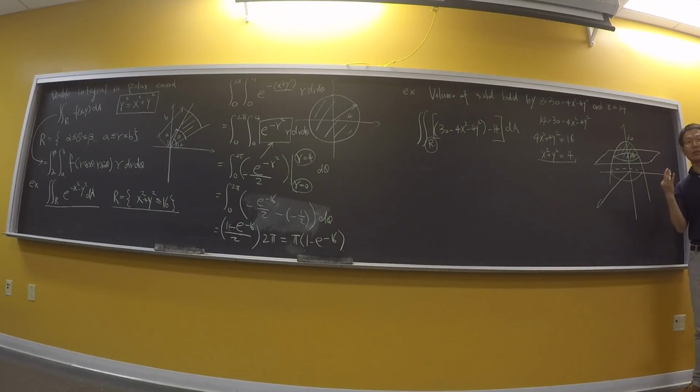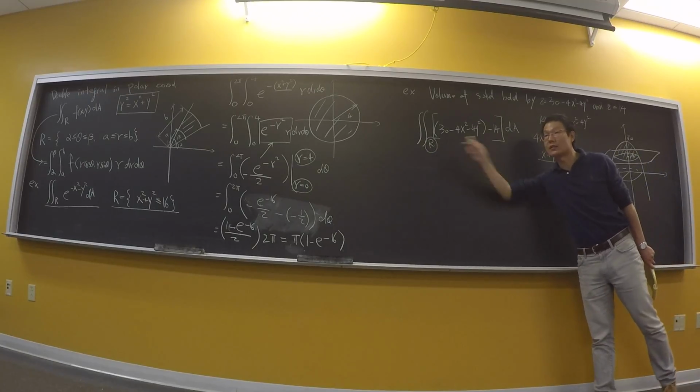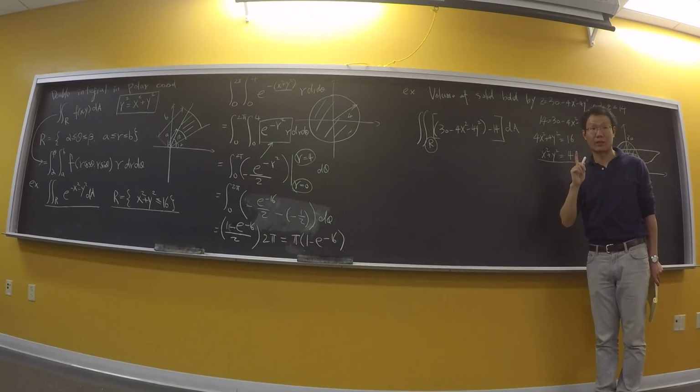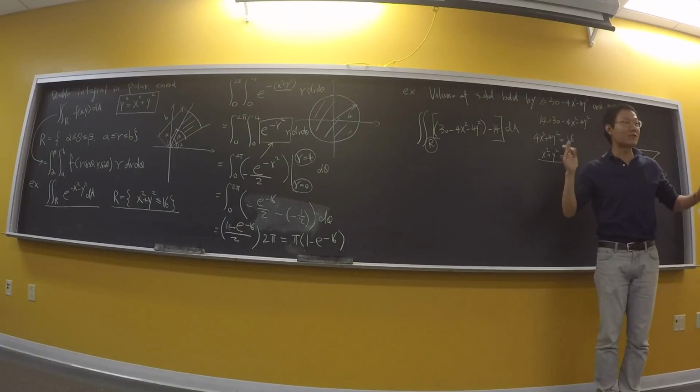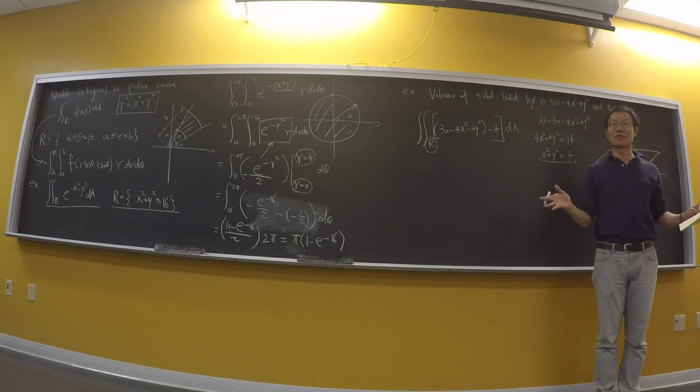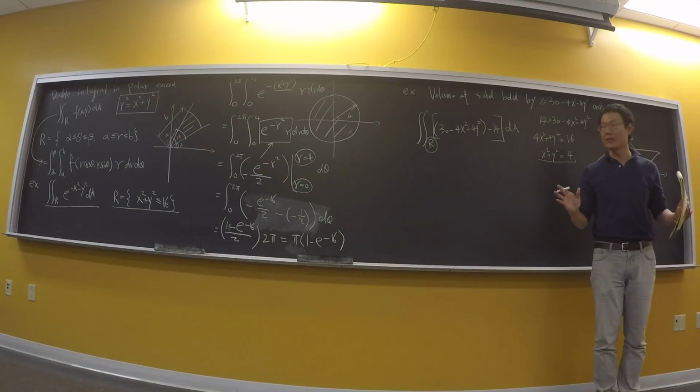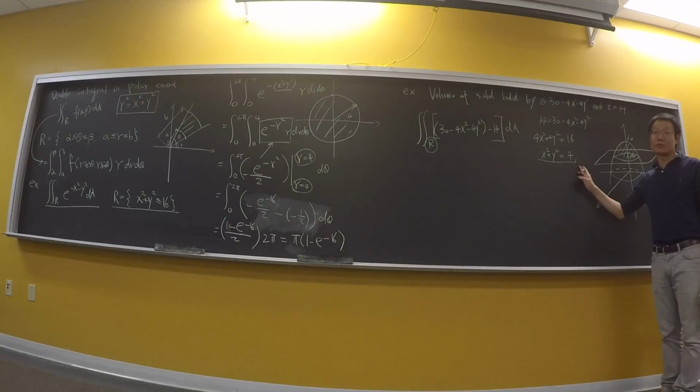So the integration region is supposed to be what is inside. I have found the intersection of these two surfaces, but when I'm looking at the integration region, I'm supposed to have a region in the xy plane. This is the very first thing we agreed on for double integrals: you're supposed to have a function, and also a region in the xy plane. This is only a circle, it's not a region yet, but it is not that far away from